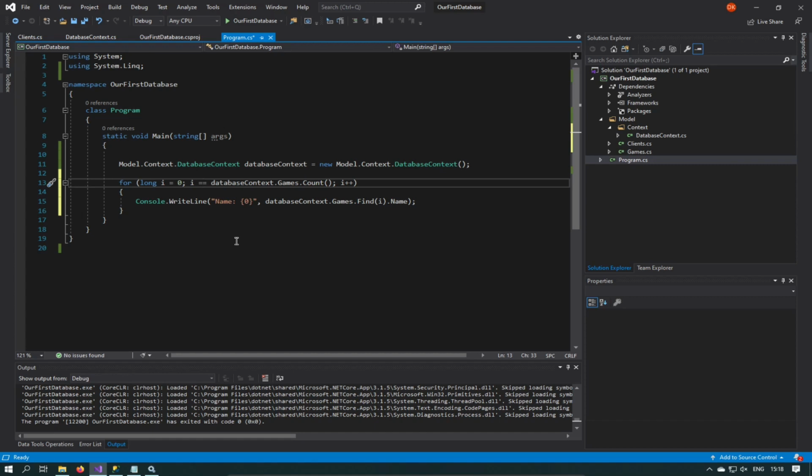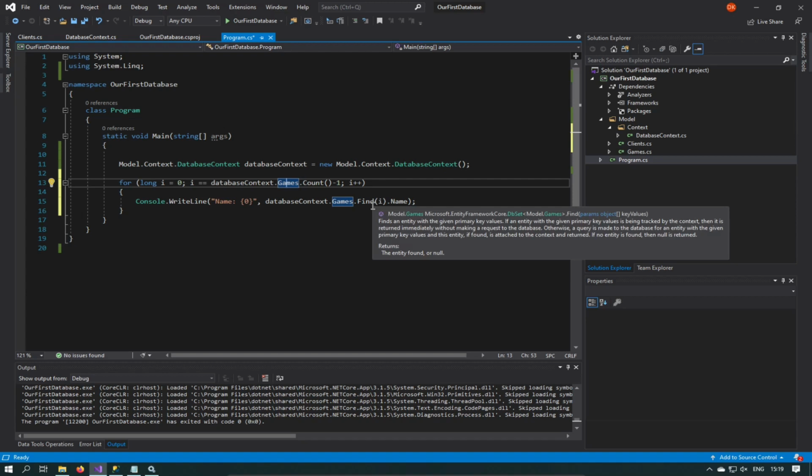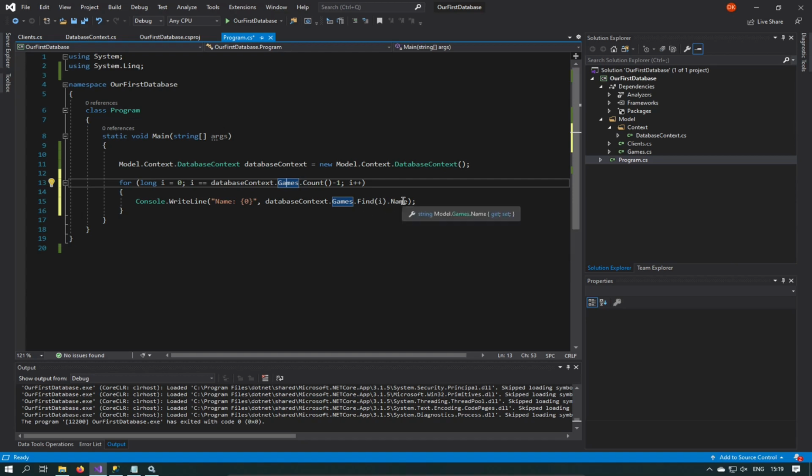We want to count until it's just less than count. So you can say smaller than count, or the exact same thing will be smaller than or equal to count minus 1. It does the exact same thing. If I run this now, I is going to increment, and every time it increments, it's going to print out the new name. So we're going to have 3 names appearing now. So if we F5 that,